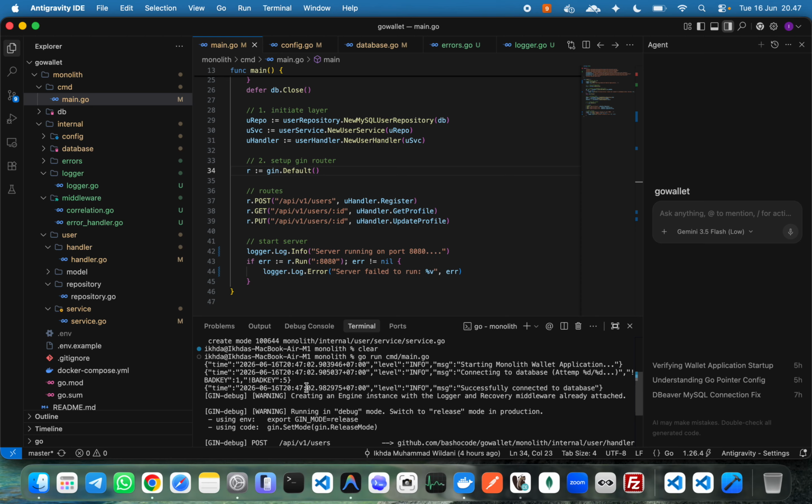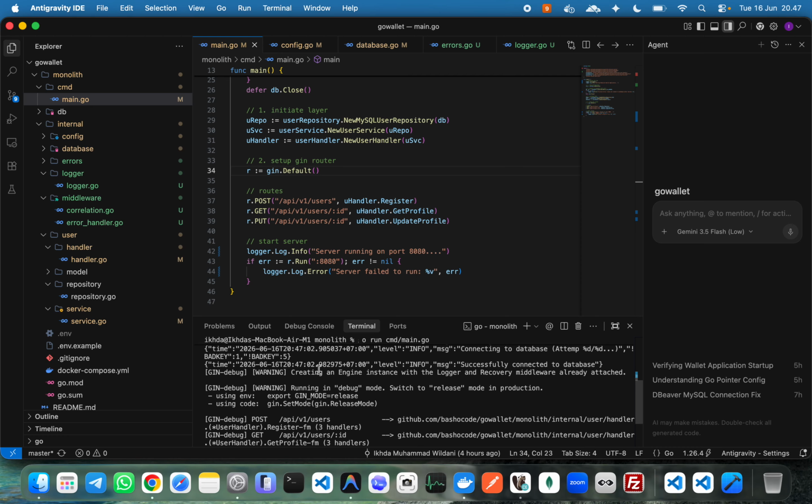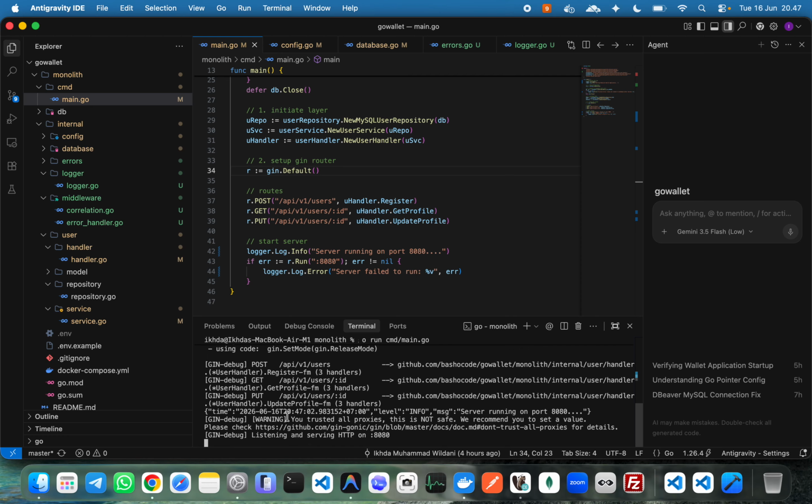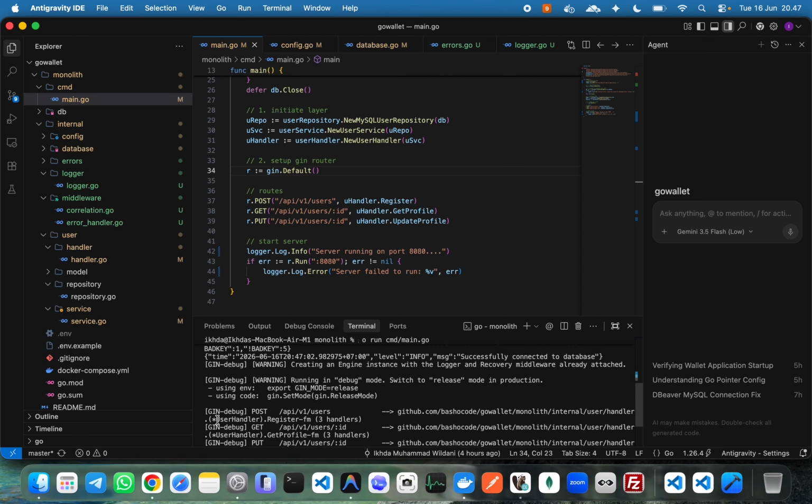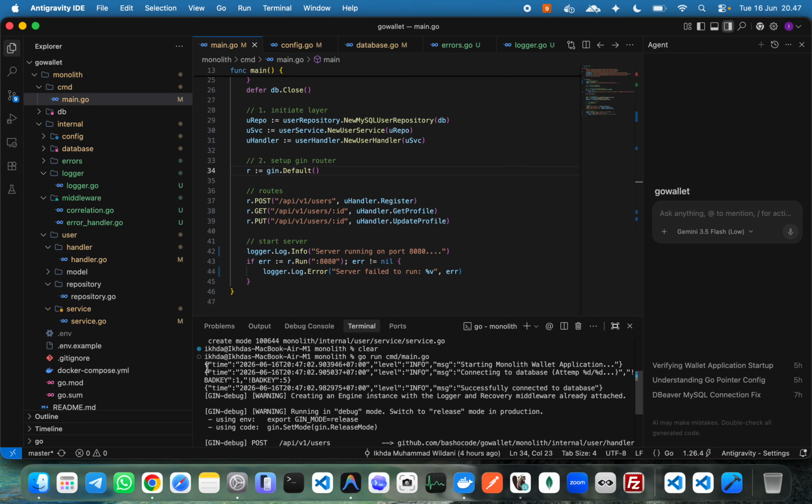So we see this log is level info, and the message is starting monolith, and then creating engine like this, and then warning, you trust all proxies. This is from the gin debug, yeah? But our log is this one, connecting to the database, attempt